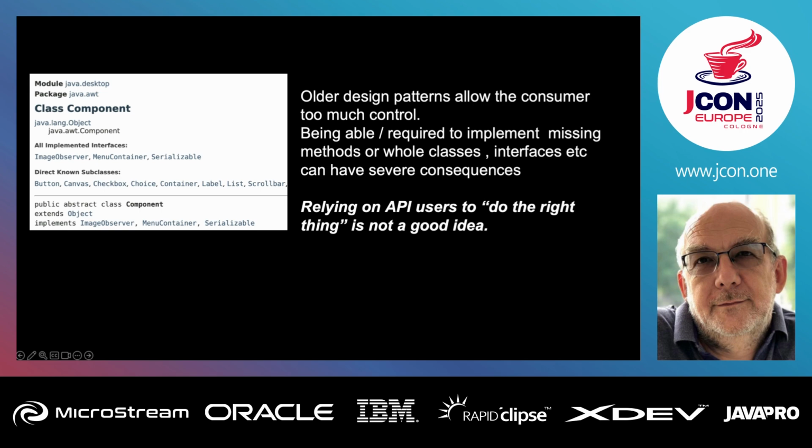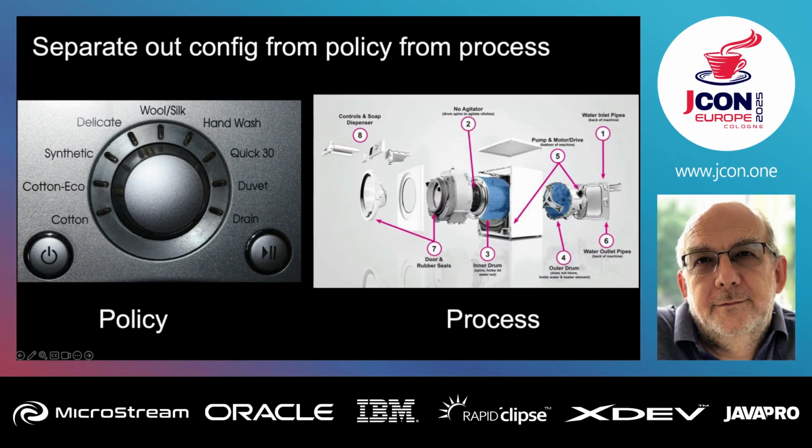Unfortunately, that's not true. You will do the wrong thing, or you'll do the right thing, or you'll do the wrong thing for the right reasons, etc. And it's because we don't think about how we design code unless we think about it from the SOLID point of view. So I want to give you an example. The way you should think about designing APIs is that you should separate the contents into 3 buckets: policy, process, and configuration.